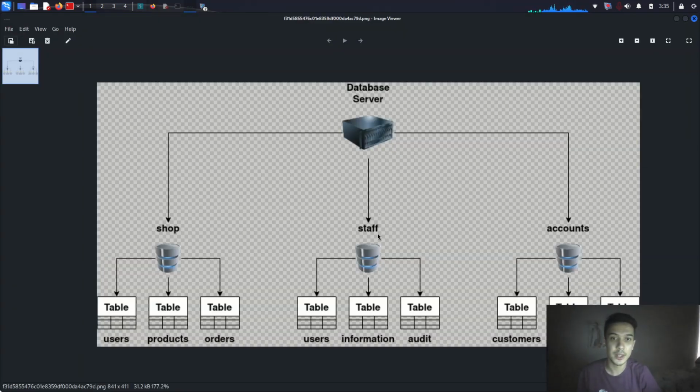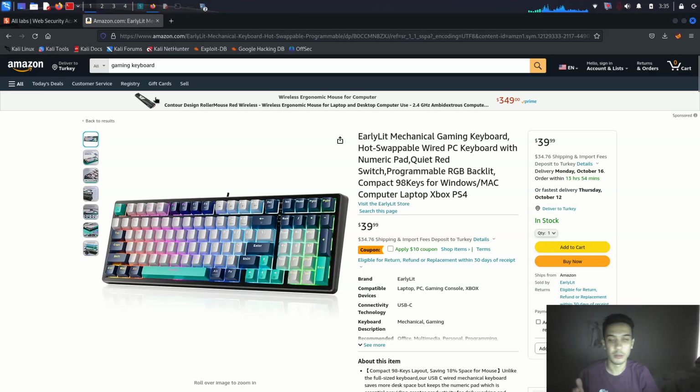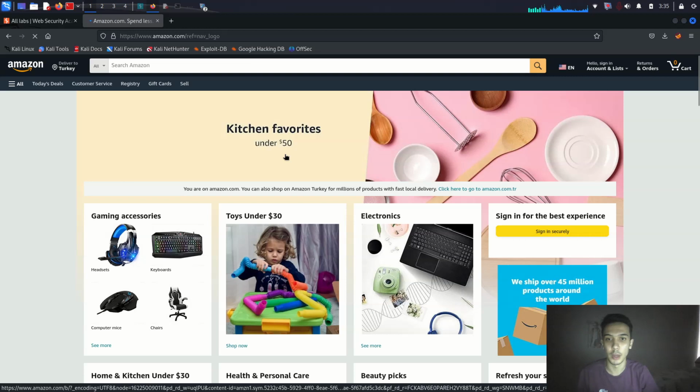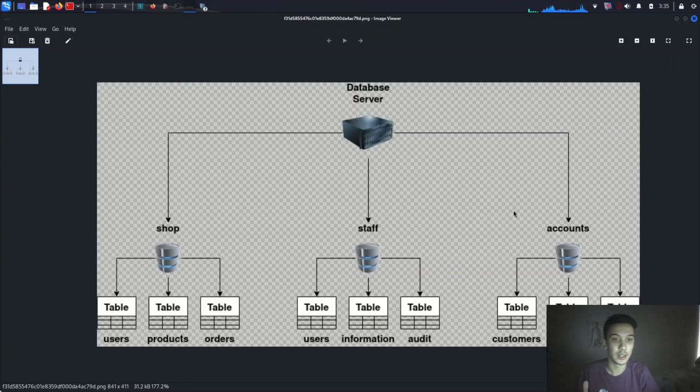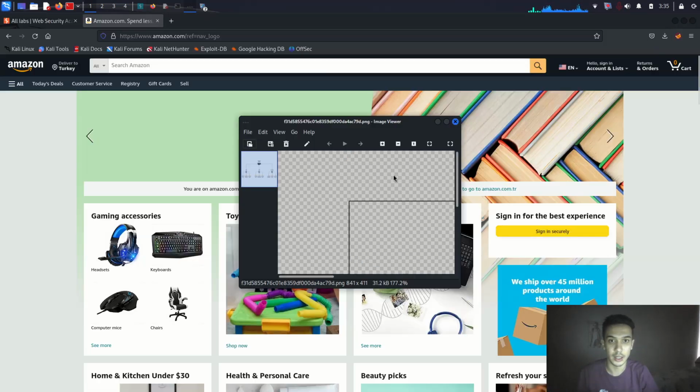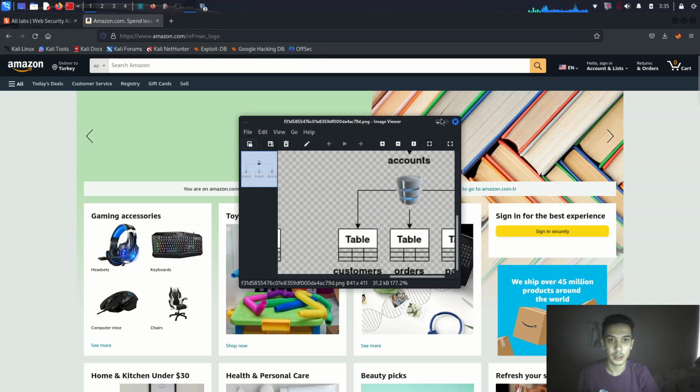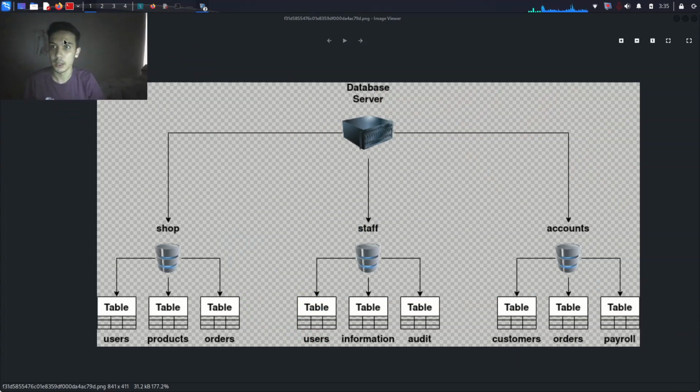And the second one is the staff. This is the staff, like the normal things about the website. It's a copy of all of that, and then the most important thing here is accounts. You will see it like that. So let me show you here. Alright, that's cool. And the most important thing for websites is accounts, because if you want to buy or sell something on Amazon.com, you have to give your name, or your